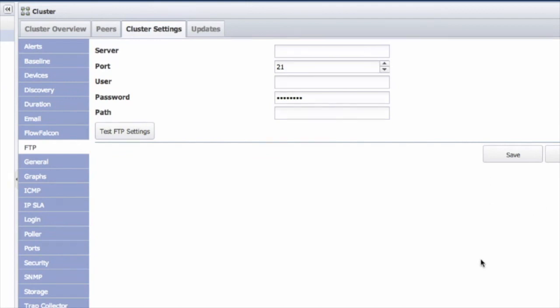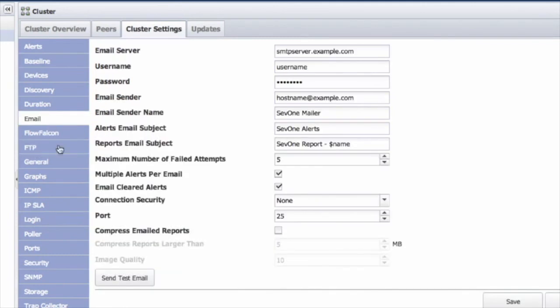So if you schedule a particular report to be emailed out every night or every couple of hours, it can back up to an FTP server or be emailed as well. The email is also important for emailing alerts to the appropriate people